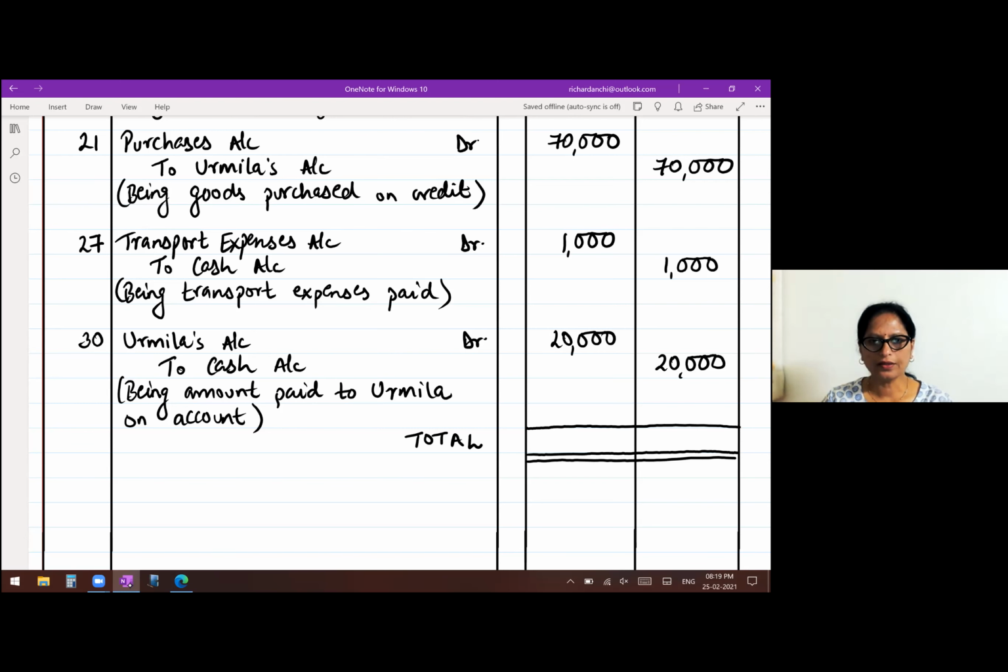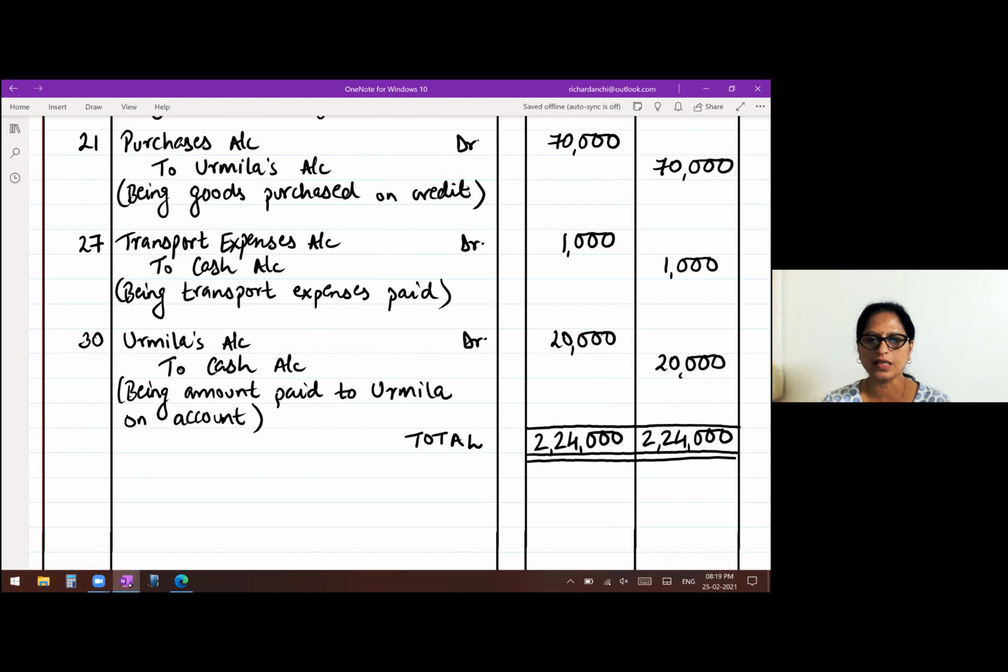Okay, so when you take the total of all the amounts written in the debit column, it will be 2,24,000. And then you will take the total of the credit column. And the credit will also be the same, 2,24,000. Because if you see right from the first entry to the last, the debit and the credit, they are